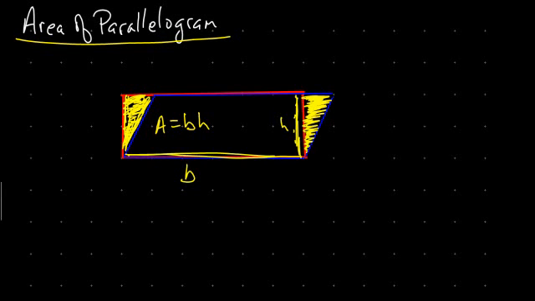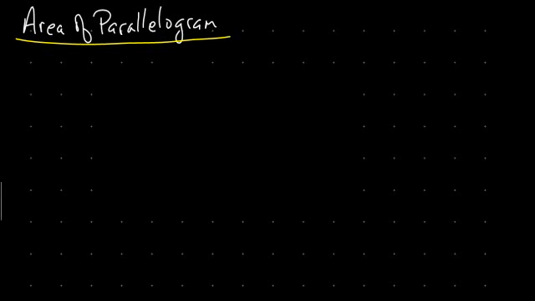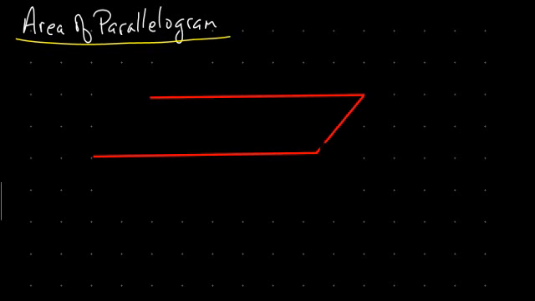So let me get rid of that one. Let's do it all again. So we have a parallelogram here. Okay, we'll call this the base. Call this the height. And we get that the area is just like a rectangle. Area equals base times height. So let's say that this thing has a base